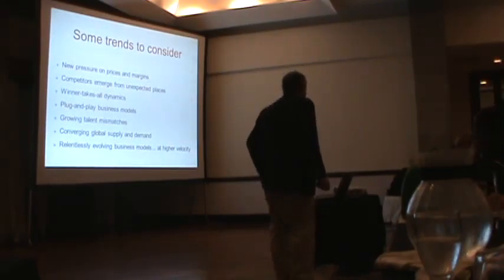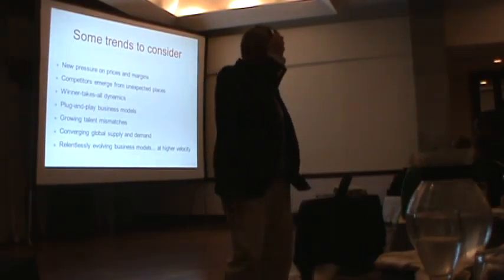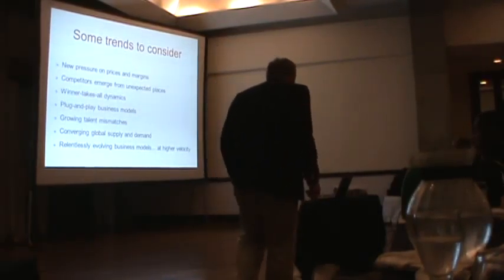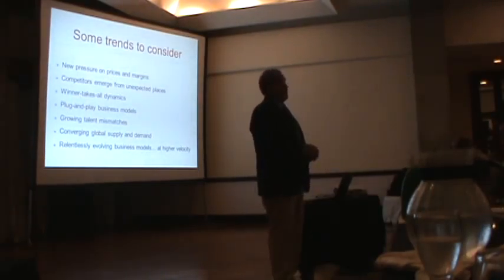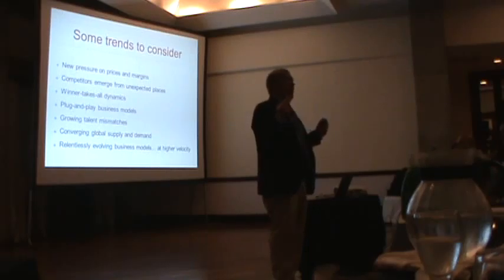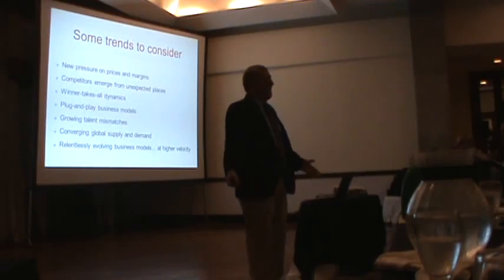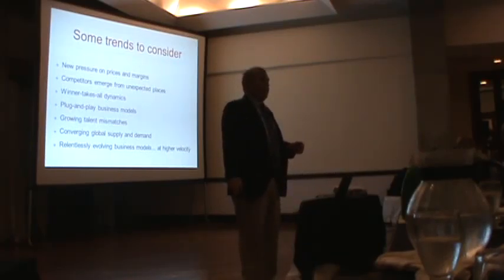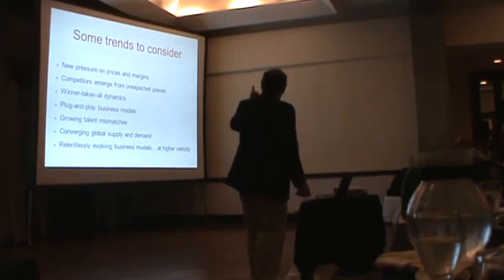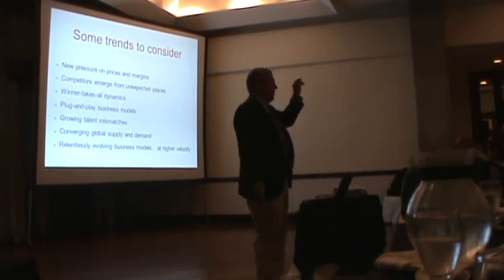The second one is competitors are coming from unexpected places. I work with Airbus in Hamburg, Germany every October. And every October we have the same conversation. There are 2 companies left in the world that make double-aisle commercial aircraft, and they both have 50% of the world market share. How long can that last? They say, well, it costs billions of dollars to develop a plane, to get into the marketplace. Barriers to entry are so high. Well, competitors come from very unexpected places. Not necessarily at the very highest level, but they just come.